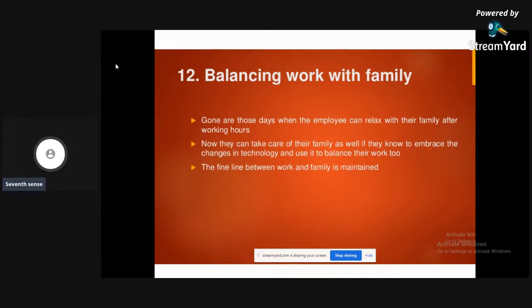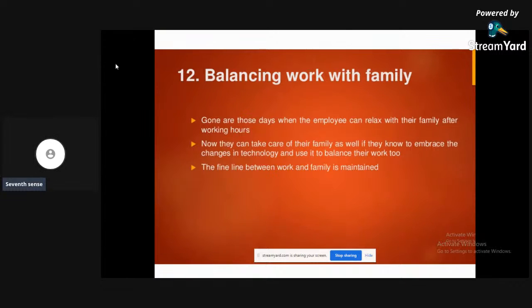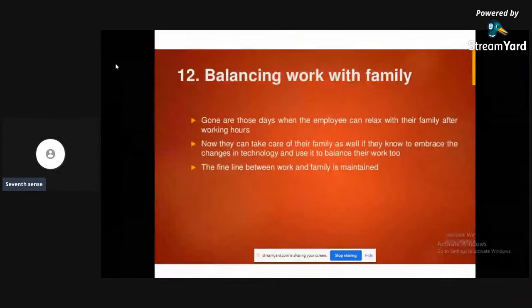You are working so that you take care of your family, you take care of yourself, right? Of course, career matters. Even family also matters, because we are not machines. We are humans, where we have emotional quotient and everything. So family is important. So you should know how to balance between work and family, where one bad situation won't affect the other. So you have a stressful work day, go home, yell at somebody in the family. Such kind of things should never happen. You should take care of it that way.